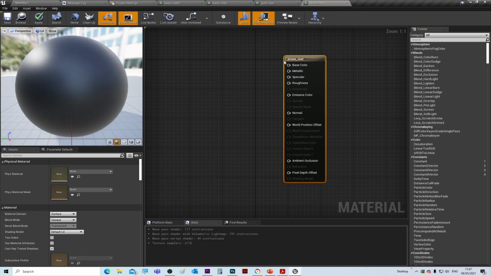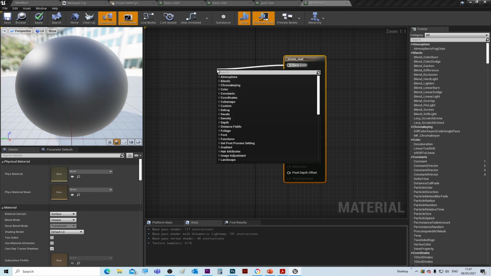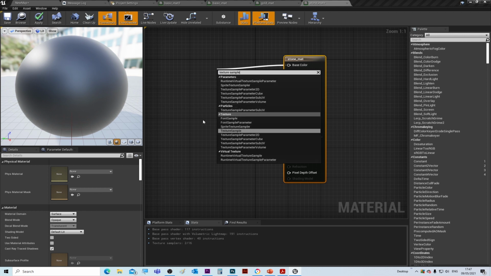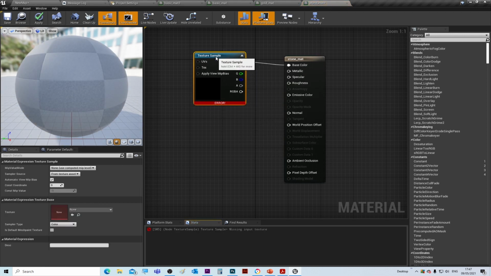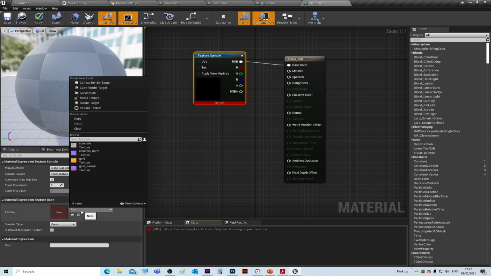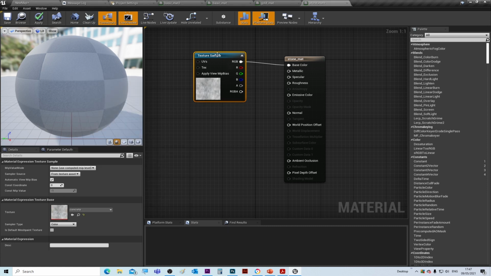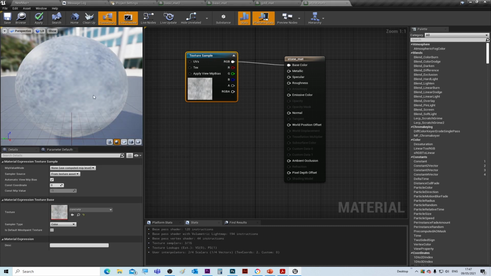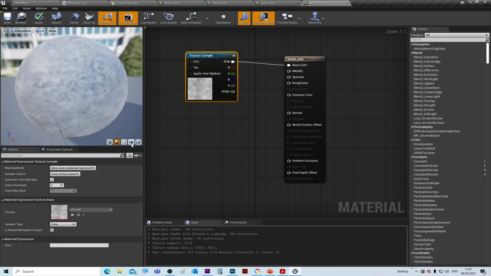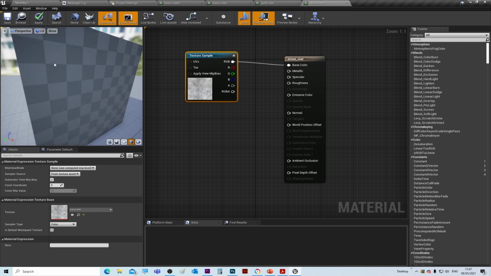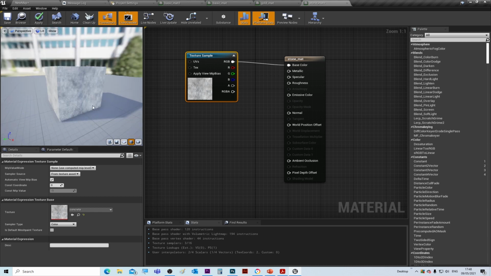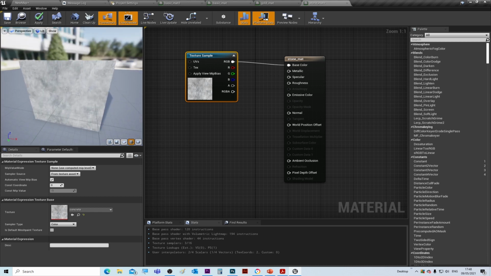and in the base colour I'm going to add a texture sample, and it's coming up with an error simply because I haven't put a texture in it. So I've already got one, I've already loaded one in called concrete. Okay, we can have a look at that texture in here. Also, another tweak is you can tweak the model that it's applied to by clicking on that little icon in there. As you can see,